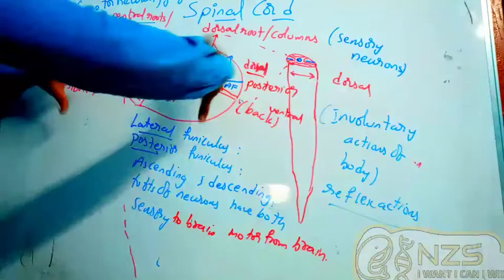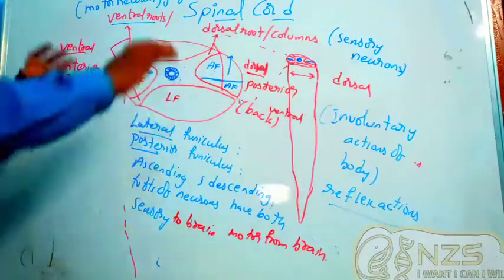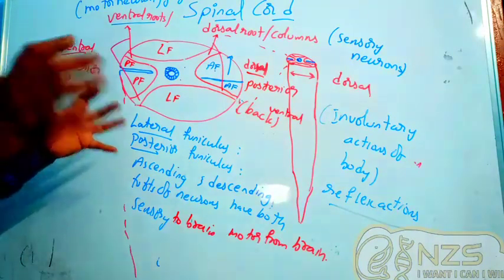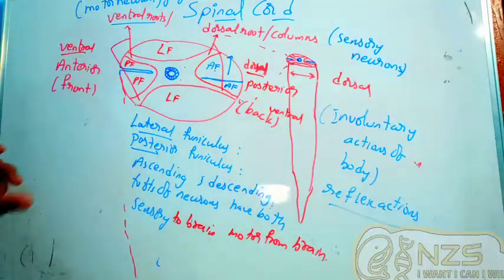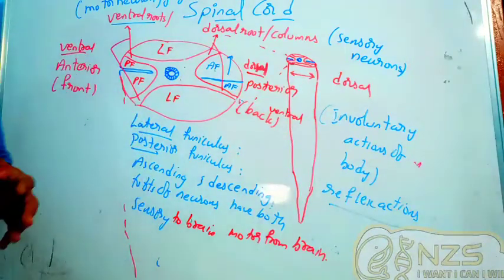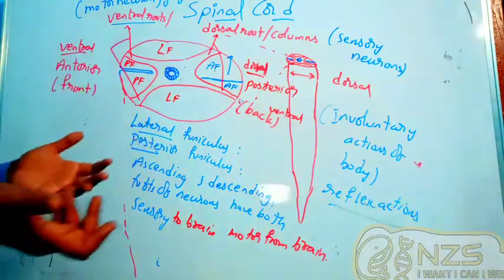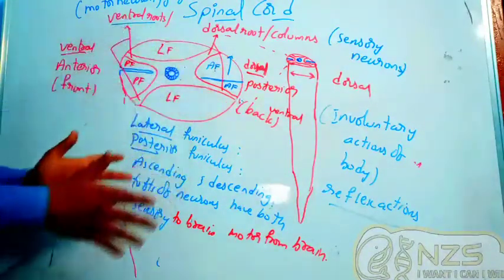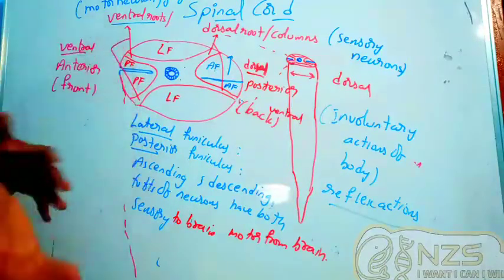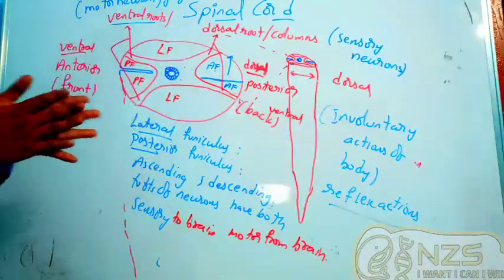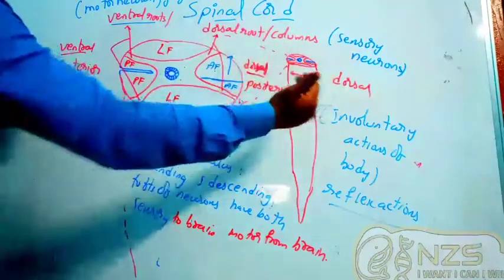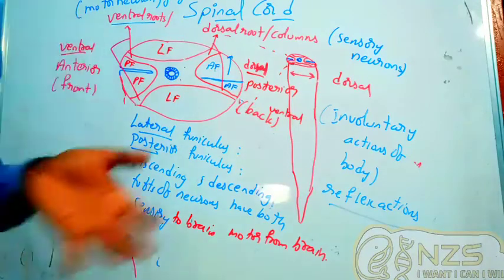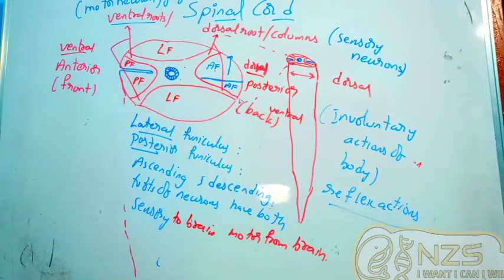That's true. But outside this we have the main part. That is the PNS part, the peripheral nervous system part, where we have the formation of several autonomic ganglia. We have the formation of presynaptic and postsynaptic ganglia. We have different things to be explained, because the spinal cord within itself is a very simple structure, but when you discuss its surroundings, its surrounding areas, that's the main problem. That's the main area where we have several functions to be discussed.